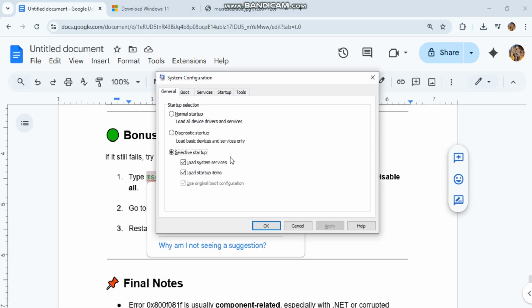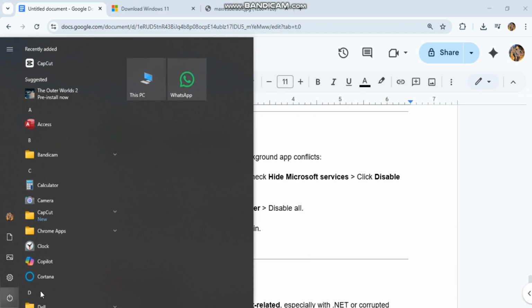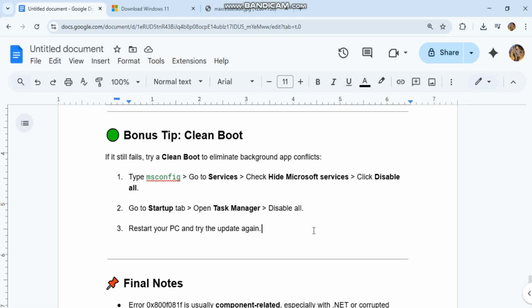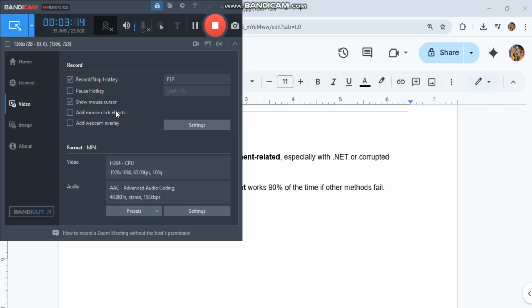Final notes. Error 0x800f081f is usually component related, especially with .NET or corrupted update files. Manual install or the Update Assistant works 90% of the time if other methods fail. If you'd like, I can give you a ready-to-use PowerShell or batch script to